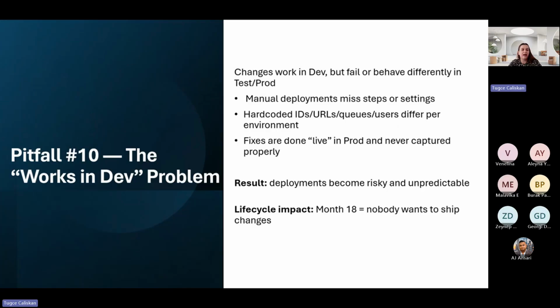Our next and last topic is the works in depth problem. I would say that this is actually happening in every stage. It's not only an 18-month or 12 months kind of scenario, but one of the main things is that if you want to use this platform in a very efficient way with building medium to big scope projects, we need to have separate environments where we keep our dev environment separate, where we keep our testing separate. We should keep the process between the deployments accurate, right?